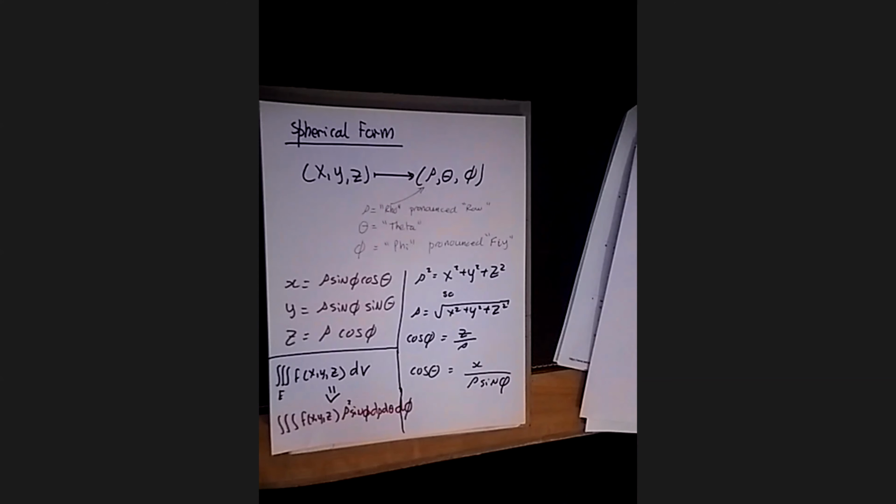Suppose you want to convert from Cartesian to spherical or back. If you know rho, theta, and phi, just trust me. The x coordinate is rho sine phi cosine theta. The y coordinate is rho sine phi sine theta. And the z coordinate is rho cosine phi. Right, so if I tell you it's 5, a half pi, a third pi, you just plug in